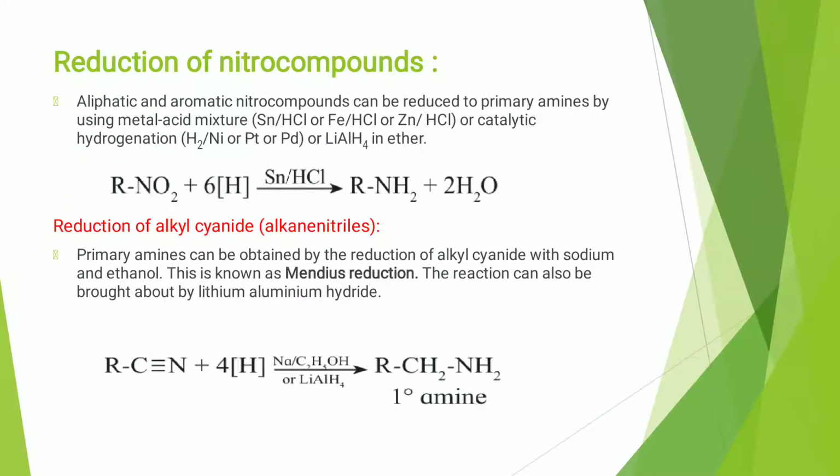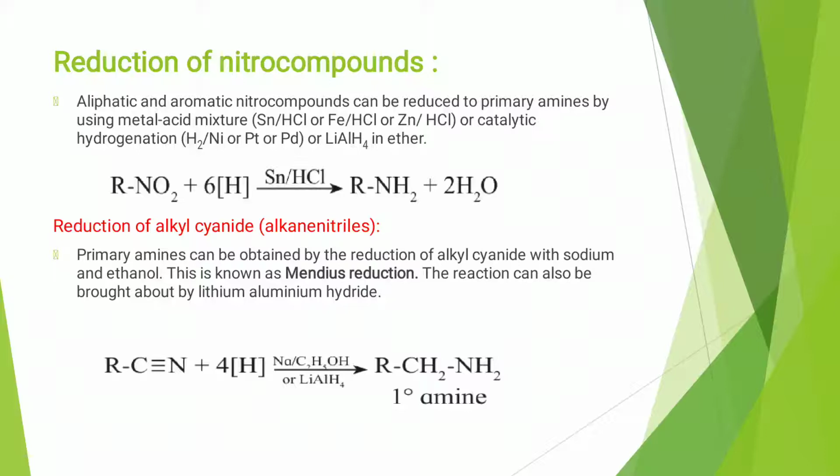Next method, reduction of nitro compounds. Aliphatic and aromatic nitro compounds can be reduced to primary amines by using metal acid mixture. It can be zinc HCl, tin HCl or Fe HCl, or by catalytic hydrogenation, that is H2 nickel, H2 platinum or H2 palladium, or we can also use lithium aluminum hydride